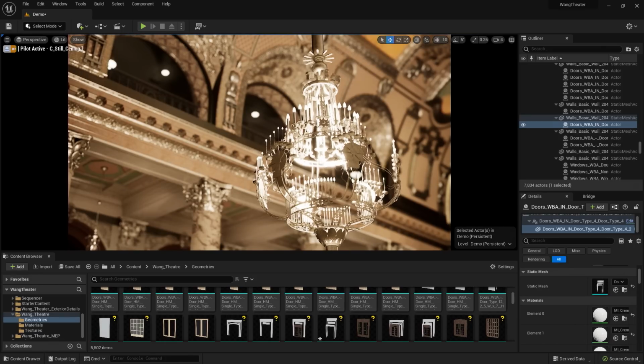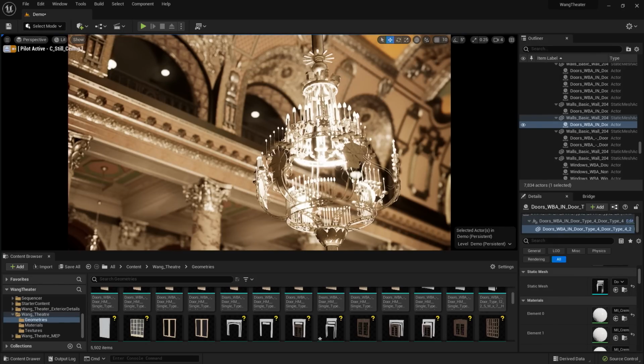Now there are two different options for creating high resolution imagery. The first one I will showcase will be the quickest and easiest way to produce an image, and then I'll show you how you can use the Movie Render Queue, an offline linear render solution that will allow you to have greater control of your render, such as anti-aliasing options, motion blur, and tiled high resolution options.